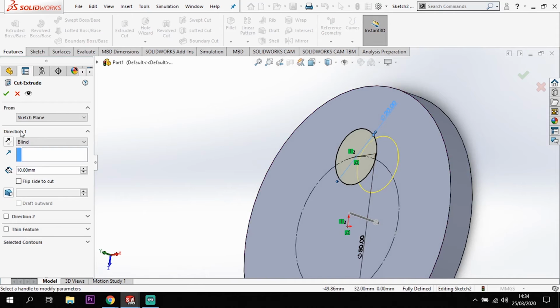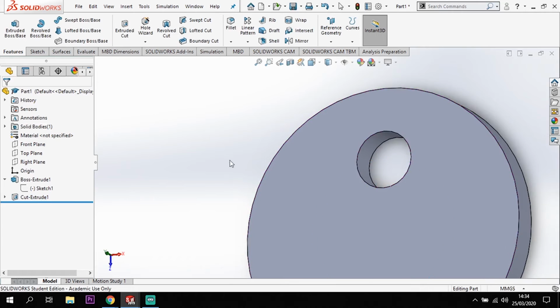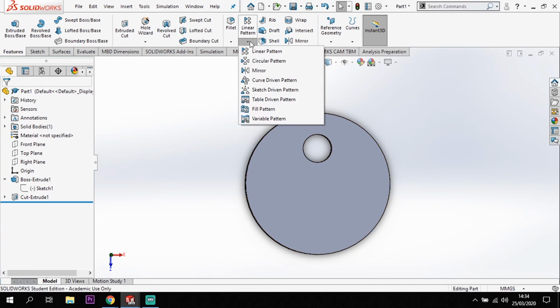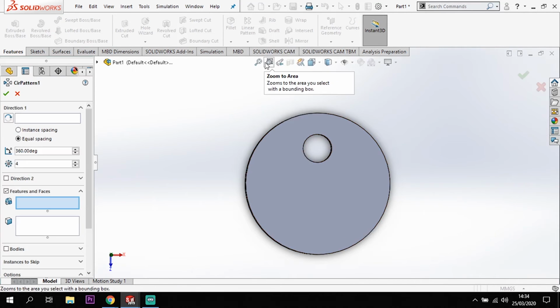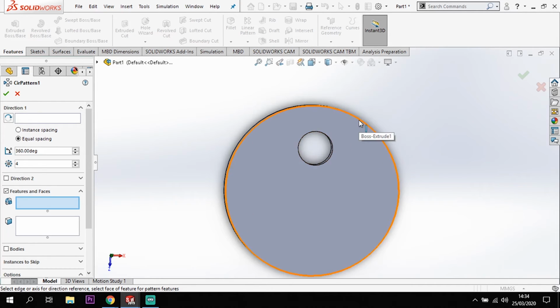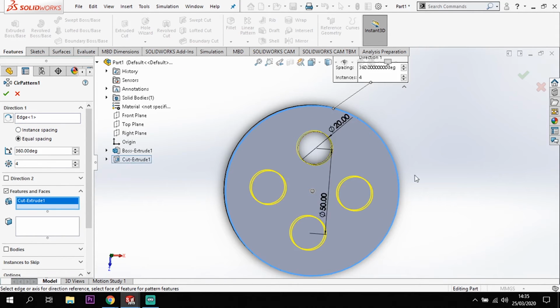And I am taking that through all and just ticking there. Okay, so I've got that one cut through that disc. Now what I can do is go to pattern, circular pattern, and with this I can pick the outside edge of my disc as my direction, and my feature is going to be my hole or my cut through. So if I drop down my features or my design tree here, click that cut extrude,